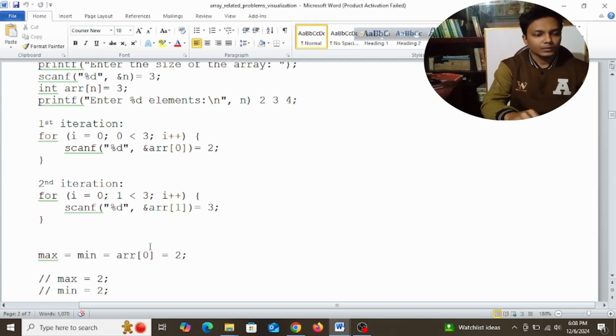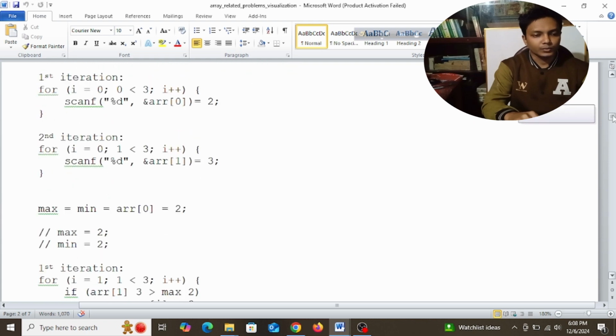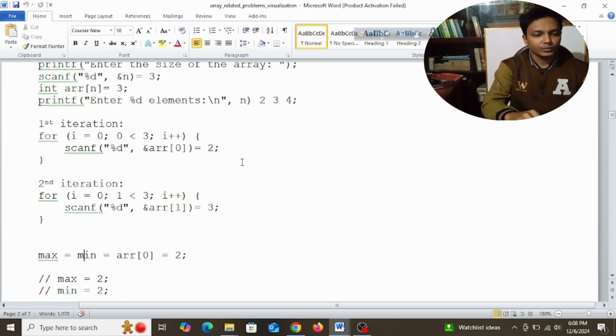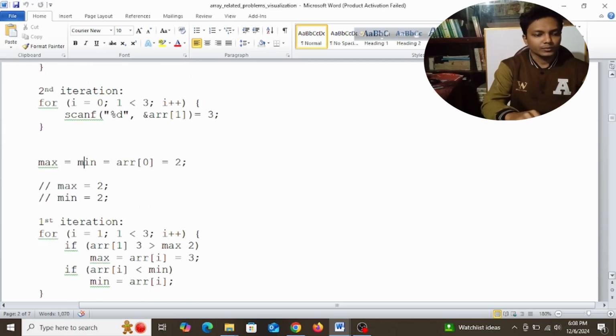It takes the inputs, guys, and max and min are array 0. What is in array 0? Array 0 has the value 2. So max is 2, min is also 2. In the first iteration i starts from 1, 1 is less than 3, and array 1 is 3, and 3 is greater than max. If you see the program here,